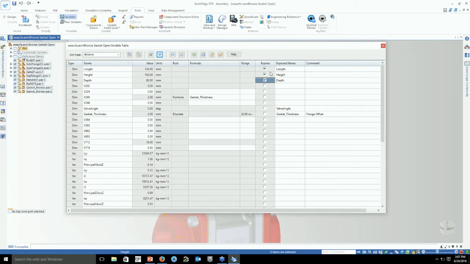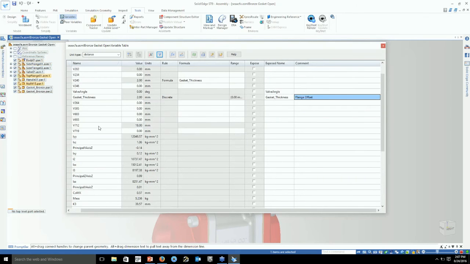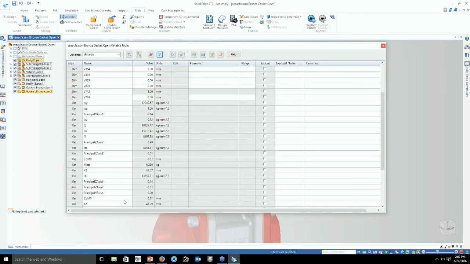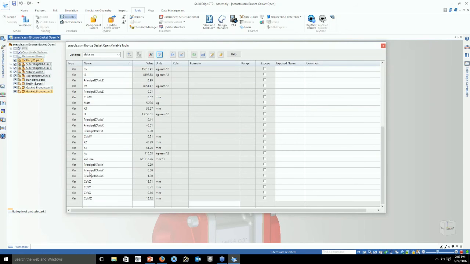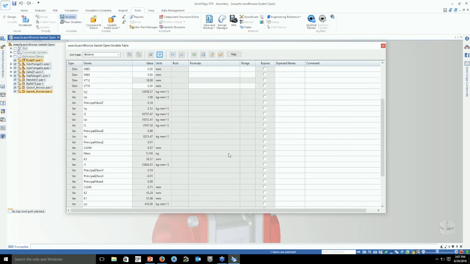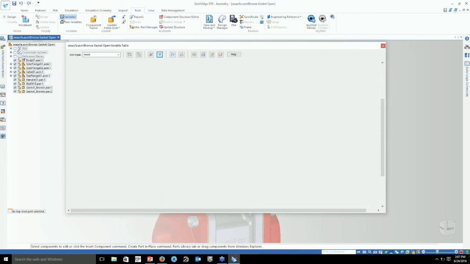All right, so I come over here if I want to give it a note. Obviously, I can do that like I did on the gasket thickness. That would just be the flange offset. So if that's information you want to know, perhaps the mass of the geometry. There it goes, right, mass, and I'll just expose that one. But I don't want it to be called mass. Let's just call it, I want to call it weight. And then if I want to create a note on it. So there we have